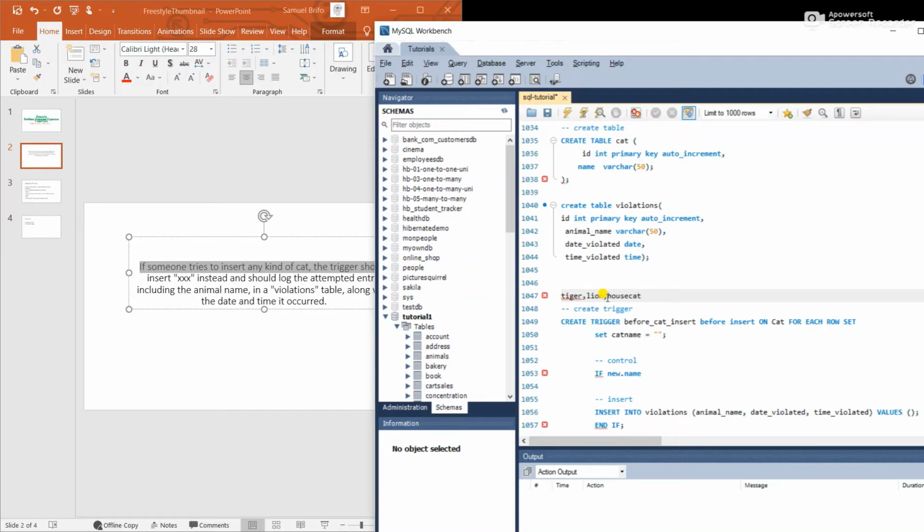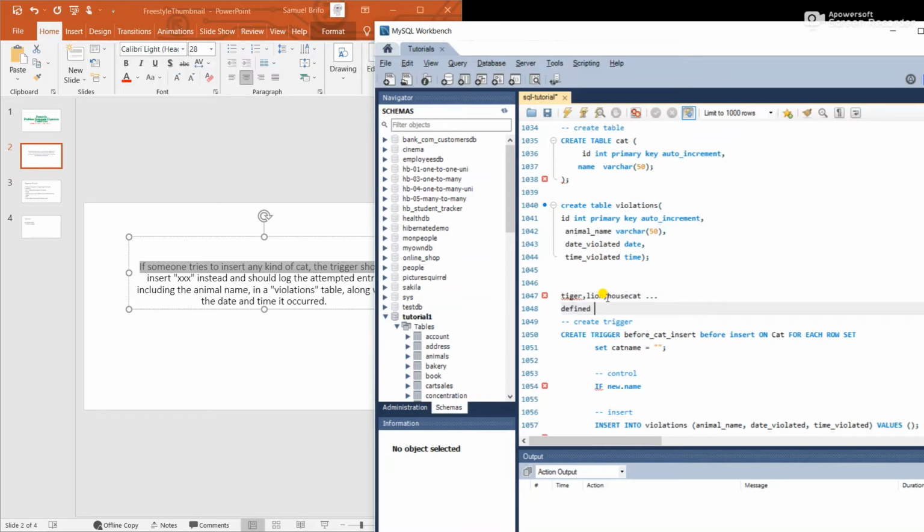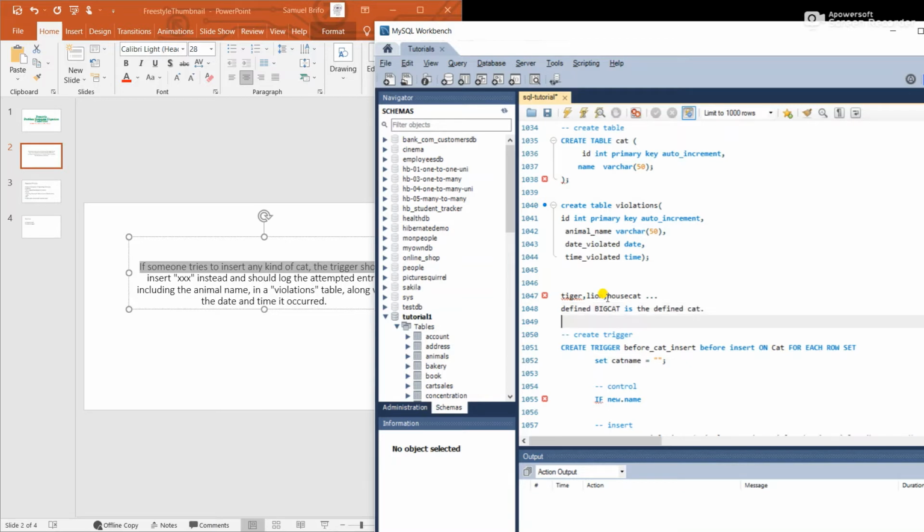If we try to, because there's a cat, that means there's a defined cat. That means we have a defined cat. In other words, there's a defined cat. So the defined cat is maybe big cat. Big cat is the defined cat. But someone is trying to come up with tiger, lion, house cat. All these are failures. So how do we check